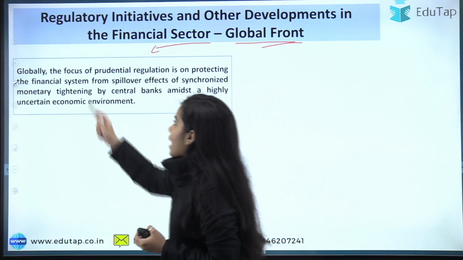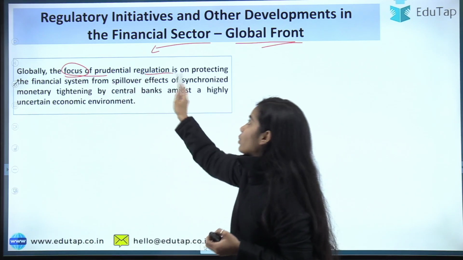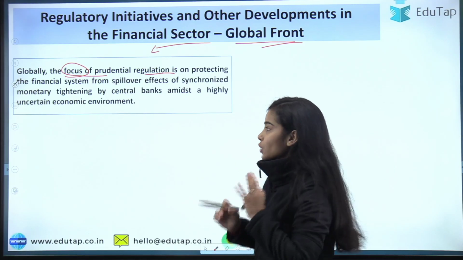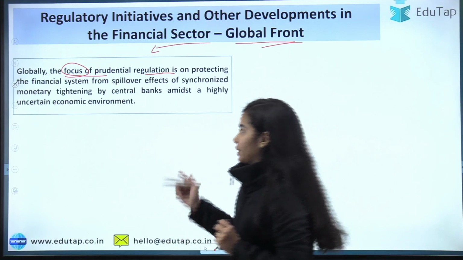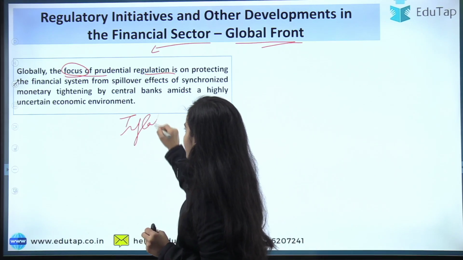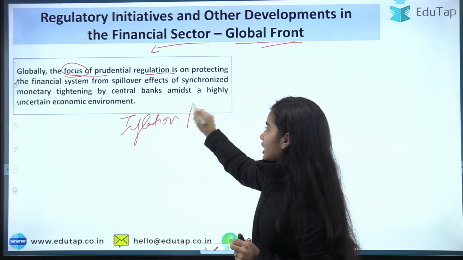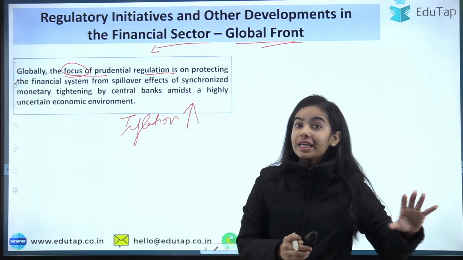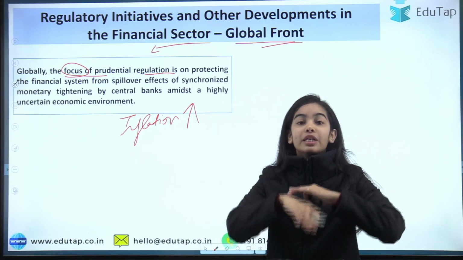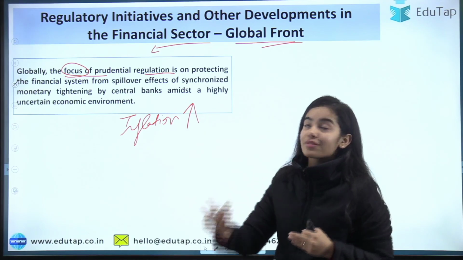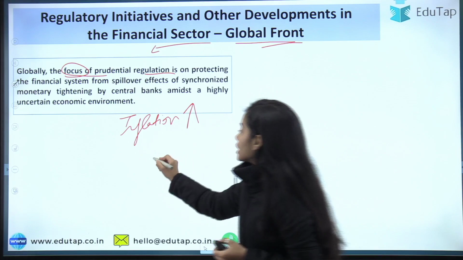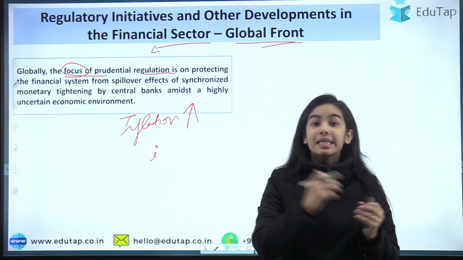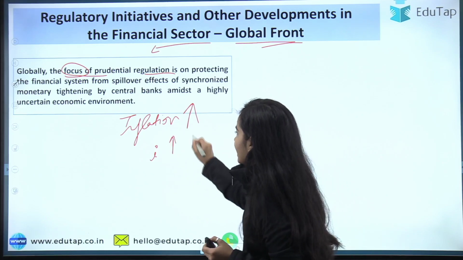Globally, the focus is on regulation and protecting the financial system from the spillover effect. So I will tell you how the tightening is happening. The inflation came due to the Russia-Ukraine war. The inflation was rising persistently due to the Russia-Ukraine war, not only in India but all over the world. In most of the countries, inflation was rising very fast, due to which most of the economies, the advanced economies and the emerging markets, increased their interest rate. They tightened